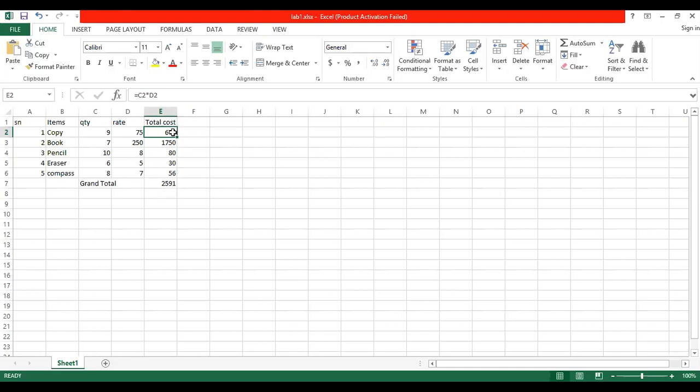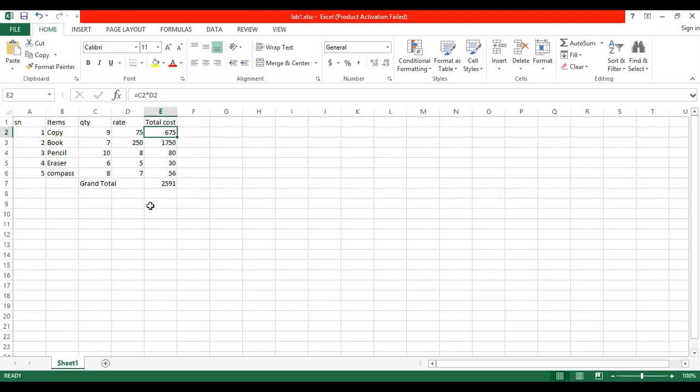So once again, a formula is a collection of values, cell references, names, functions, and operators that produce a new value. I hope you understood now, everyone.